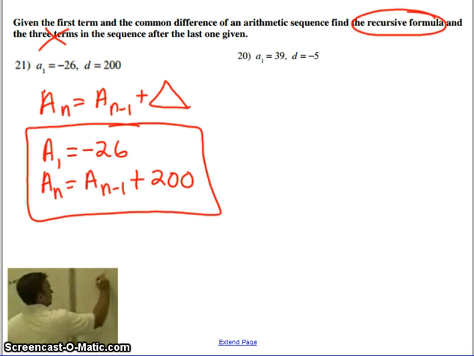Next one, A sub 1 equals 39, sorry, that's right there. And then the difference is negative 5, so A sub n equals A sub n, the previous term, n minus 1 minus